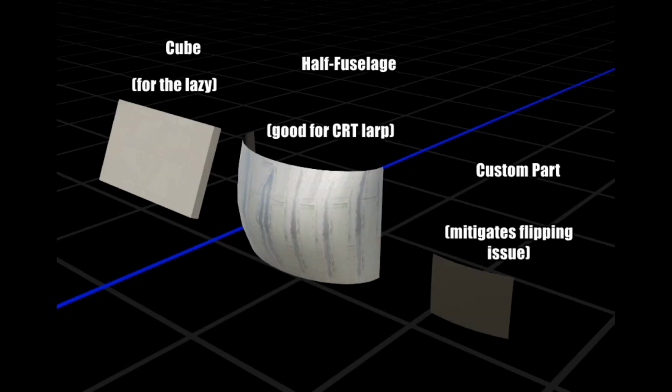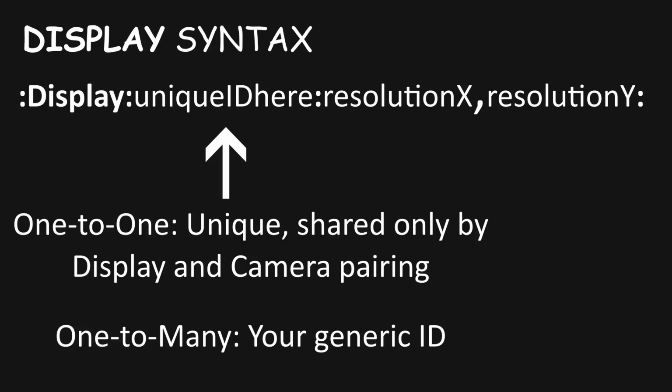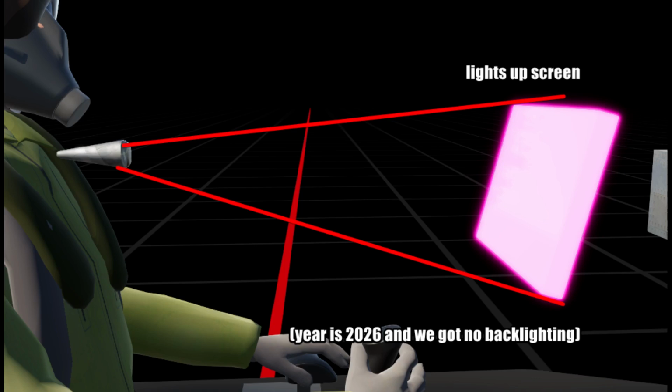First, I recommend setting up a display. Grab a cube, or fuselage, or my dedicated screen part, and place it somewhere. And using the patented Mi-8 colon feature, use the following format displayed on screen. First, display to clarify it's a display, followed by the ID. This can be anything as long as it's unique. Then the resolution, starting with width, followed by a comma, and then height. It's worth noting you should bring your own lighting, so I would recommend putting a spotlight and facing it towards